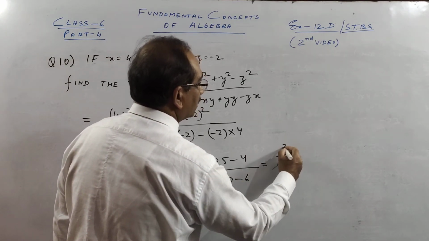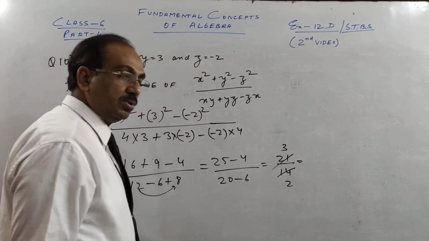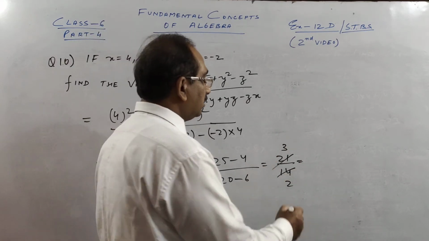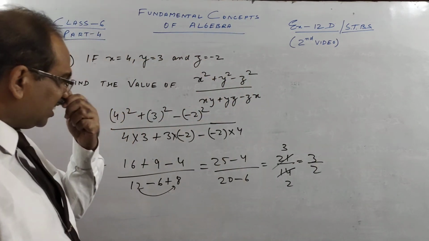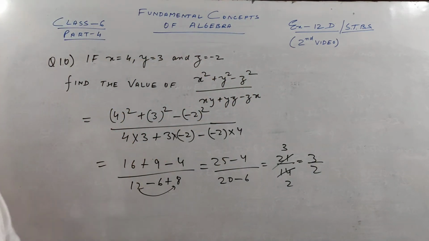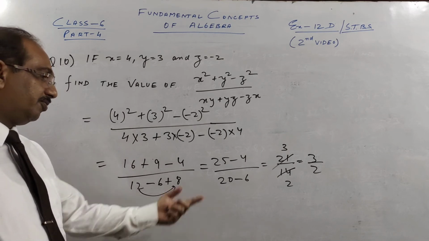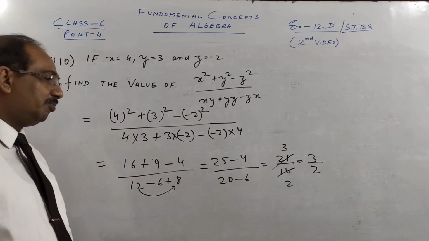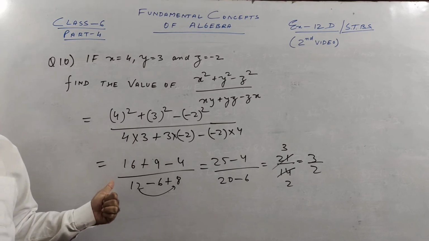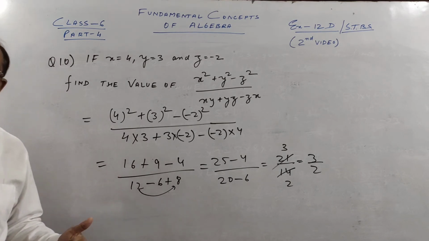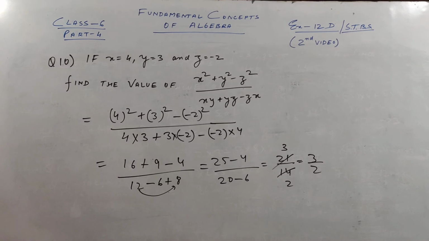We cancel by 7. 7 3s are 21, 7 2s are 14. You take the HCF and cancel with that. So we get 3 by 2. So you can write as a rational number or a fraction. We call fraction in class 6. And if you convert to mixed fraction, it will be 1 1 by 2. So kindly pause the video and we move on to the very last question that I see is state true